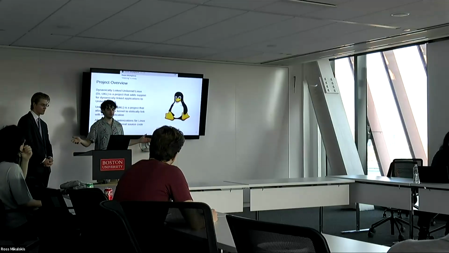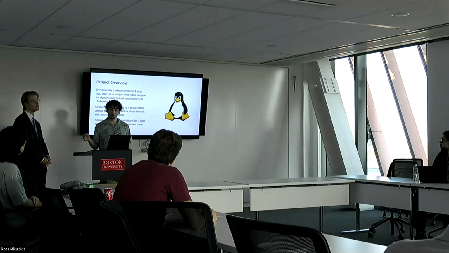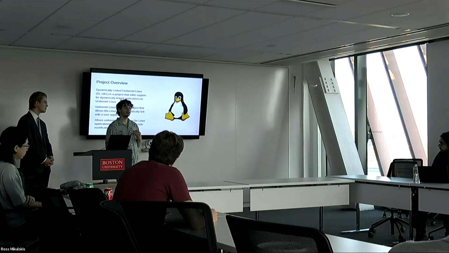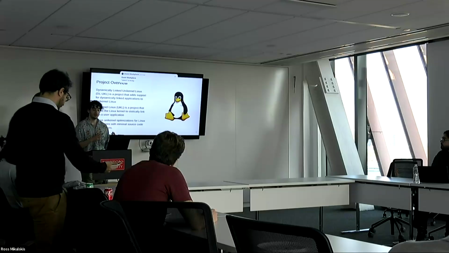So just a quick overview of what we are trying to do with this. Dynamically linked Unikernel Linux, full name, is a project that adds support for dynamically linked applications to the Red Hat project Unikernel Linux. UKL was this project that allowed the Linux kernel to